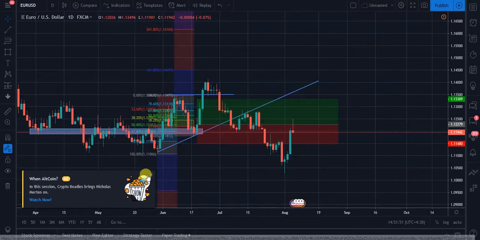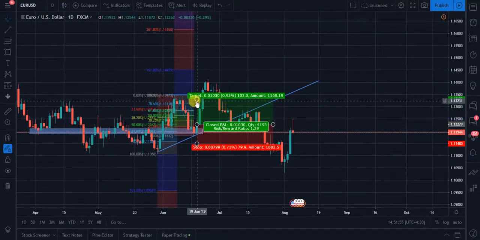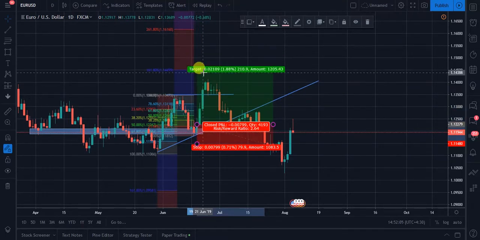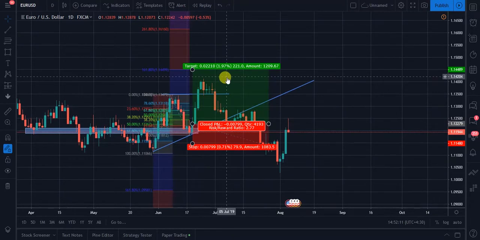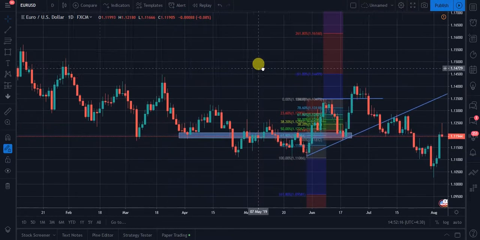It depends on your trading style. Some traders do this method, some traders just close all of their position at first take profit, or someone waits for the second take profit. It depends on your trading styles. So yeah, let's go to